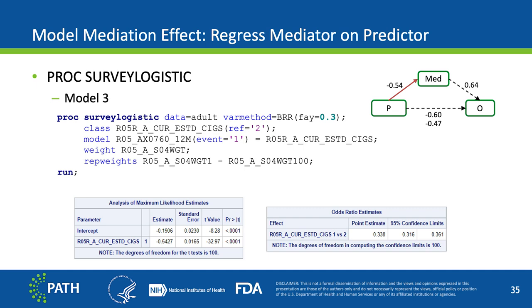Earlier, I mentioned the idea of subtraction to determine the direct and indirect effect, and it's really tempting to say the total effect is minus 0.6, the direct effect is minus 0.47, so therefore the indirect effect is minus 0.13. That would be true if this was linear regression, but with logistic regression it's not true. All you can tell is that the direct effect goes down from 0.6 to 0.47, and there is another effect going through the mediator, so you can describe how things account for that other pathway, but it's not additive in